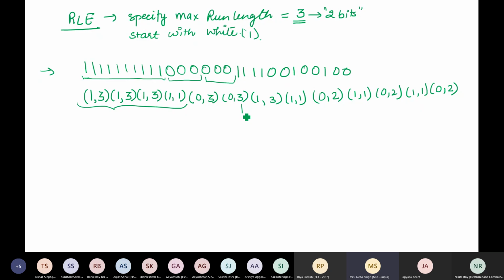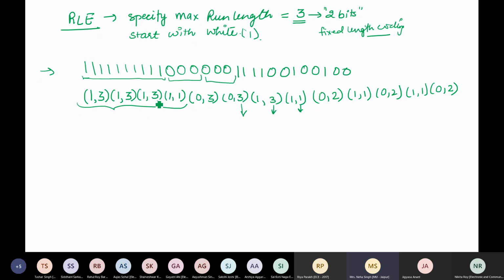So I have restricted my number of bits in defining the run length. But definitely when I have restricted the number of bits defining the run length, I am using fixed length coding. So I expect the compression to be less as compared to variable length coding used for each run. Right? Therefore I expect that this will be less compressed because so many times I have to repeat the value for 1.